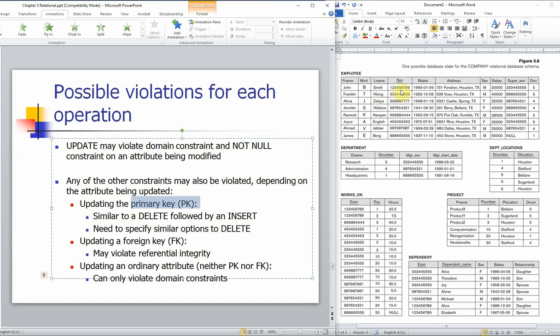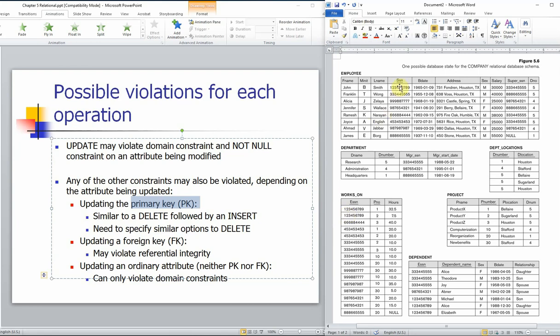So in other words, if I say I want to modify John's social security number here, saying that that social security number is too common, everybody is using that as an example. Now I want to change my social security number to 0777777777. What's going to happen is that if I want to do that modification, first of all, I need to delete John Smith. Whoever that's referencing this social security number